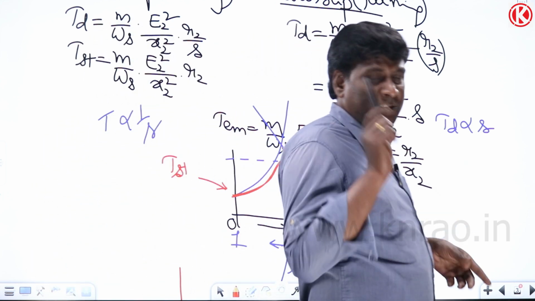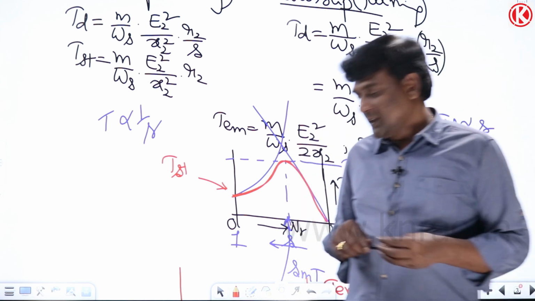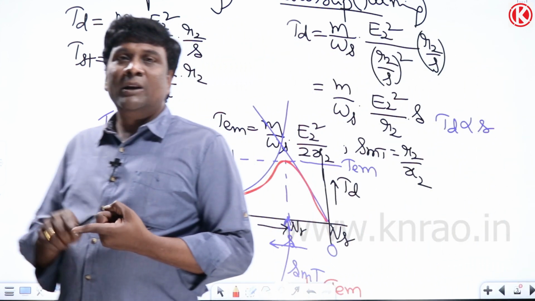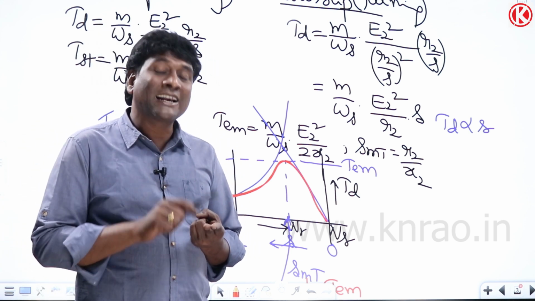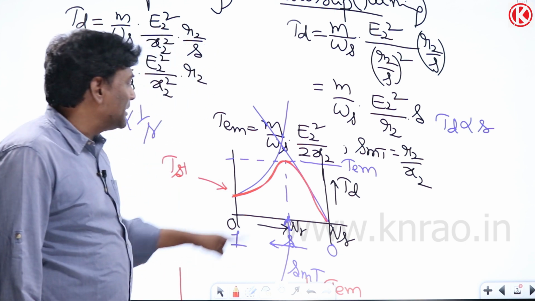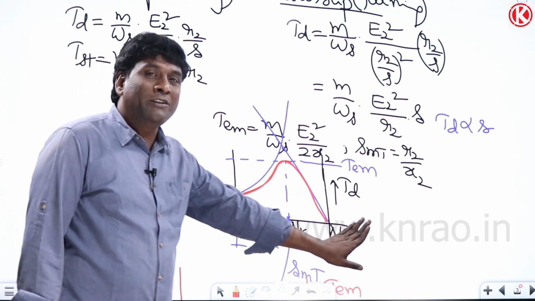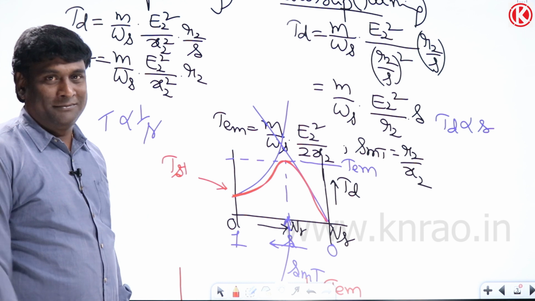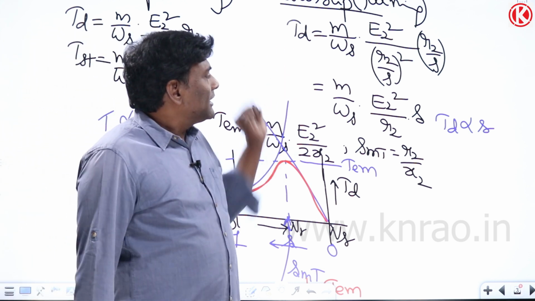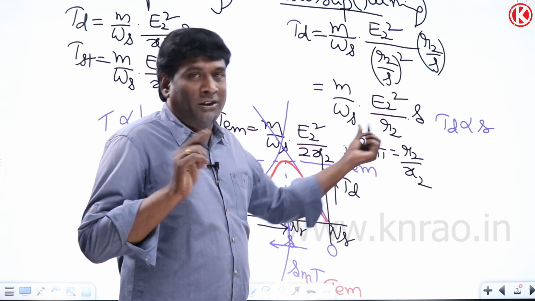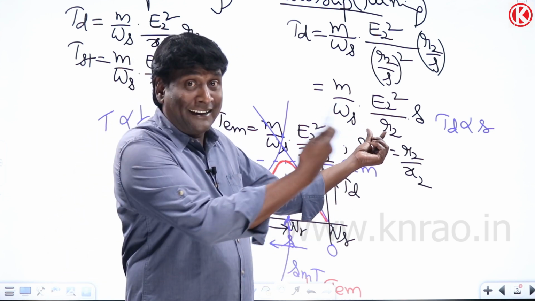Keep this particular point in mind, this is very crucial. Starting torque will be decided by the machine, and peak torque or maximum torque or pull out torque will be decided by the machine, but running torque will be decided by the load. Who are you to decide? For example, the question has to be understood this way: for example, rotor resistance is doubled in running conditions.